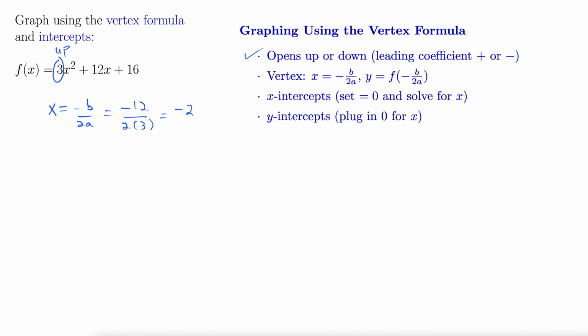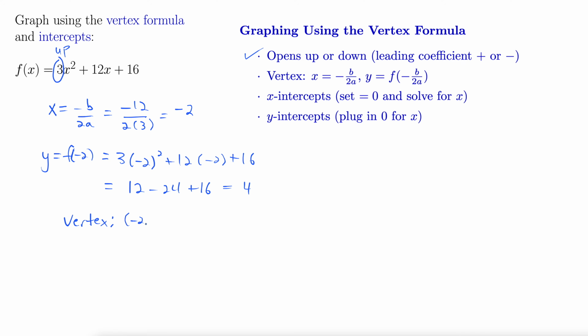That's just half the vertex. The other half is the y value. So we plug in negative 2, f of negative 2, back into the original function here. 3 times negative 2 squared plus 12 times negative 2 plus 16. Well, negative 2 squared is 4, 3 times 4 is 12, so 12 minus 24 plus 16 is positive 4. So that gives us a vertex